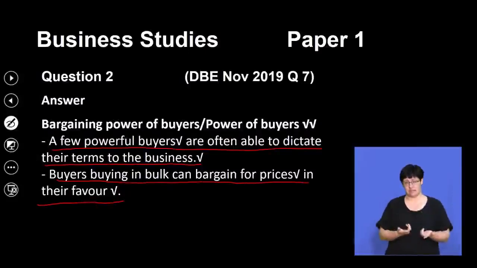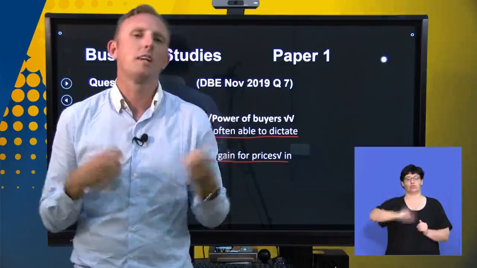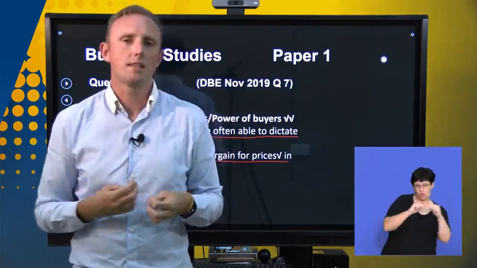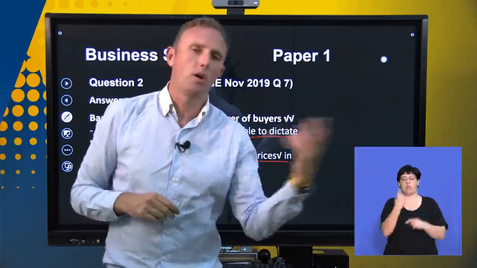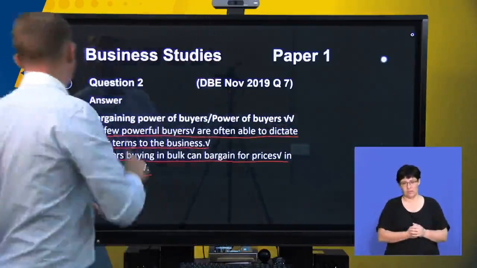The more you're buying, the cheaper you can get those products, and you can negotiate the price down, which is going to be a powerful position for the buyers if you're buying in bulk. So if we went to one of the retailers and said, right, we want to buy 5 million units of cold drink from you, then we'll be able to get a lot better price than if we were just like, I only want to buy 1 unit from you.